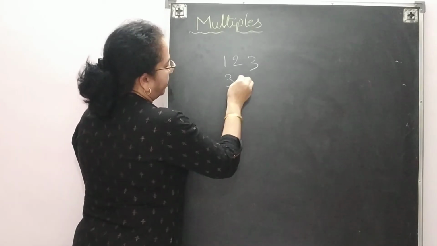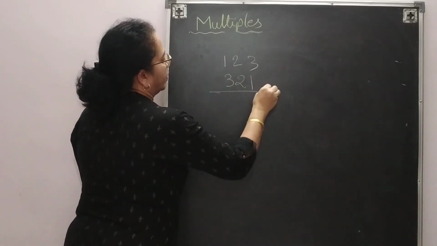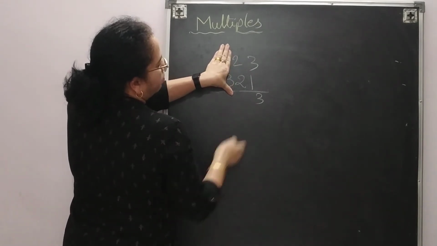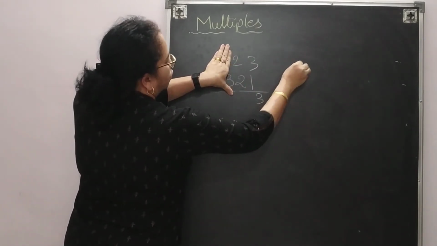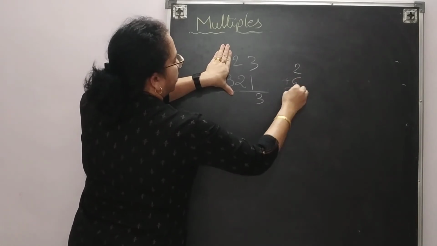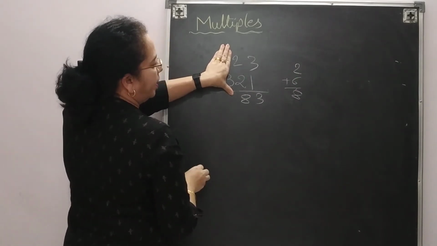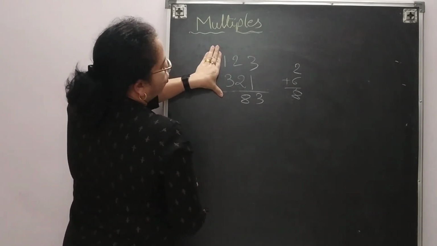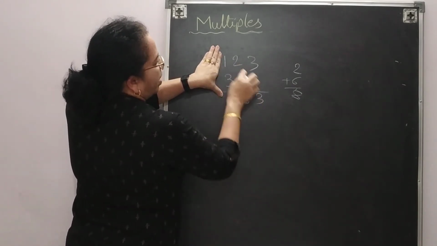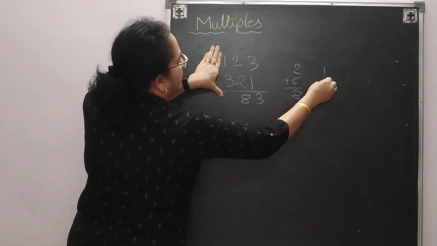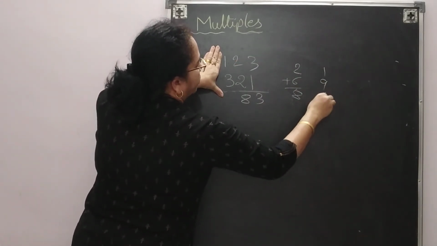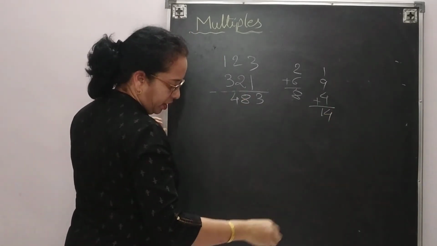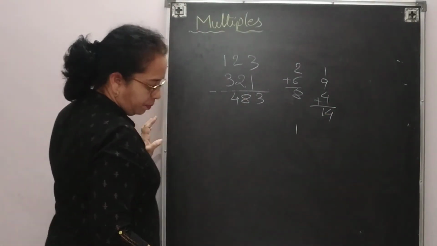123 and 321. Okay, so 3 ones are 3. Open one more. 2 ones are 2 and 3 twos are 6. So 6 plus 2 will give you 8. So write down 8. Now open one more. So just 1 multiplied by 1. 3 3s are 9 and 2 twos are 4. So add all the things. Your answer is 14. So write down 4 over here. And again your carryover will be 1.